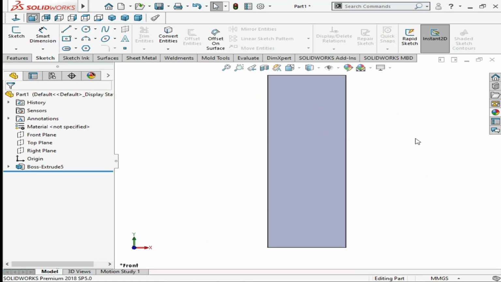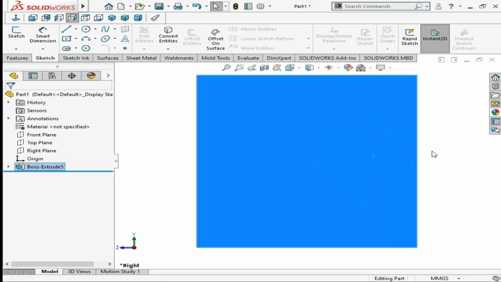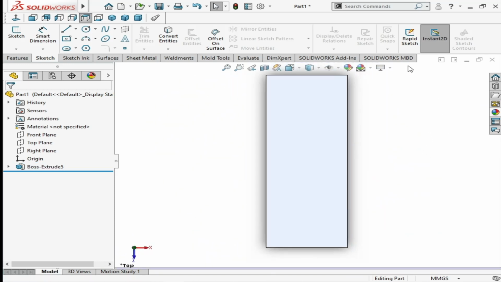Now when you are not in the sketching, or you have exited the sketch, when you click the right button of the mouse and drag it to the right, the right view of the body will come to the front. And in the same way, when you right click and drag to the top, it will give the top plane of that 3D model.